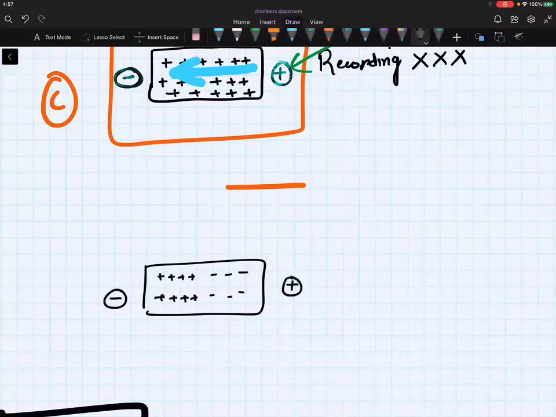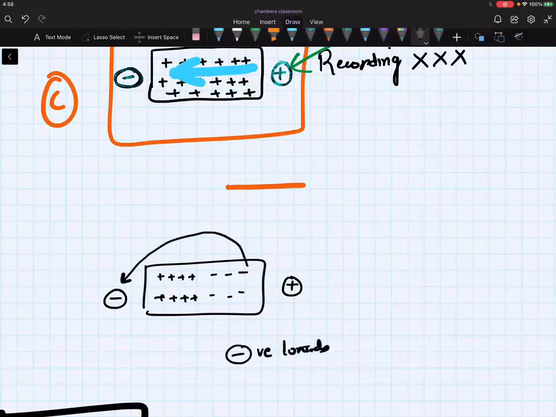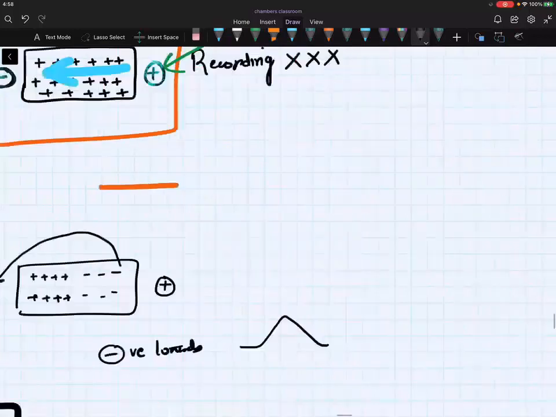Now you are getting a repolarization, and negative is moving towards negative, negative moving towards negative, negative towards negative. Yes. So negative is moving towards the negative electrode. What will be the deflection? Negative towards negative gives a positive deflection. Again, a positive deflection. So what did you understand today?